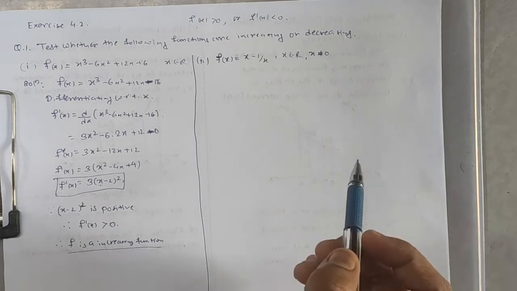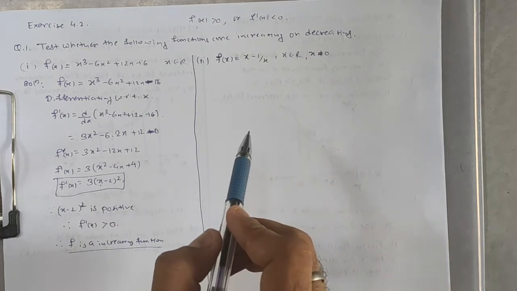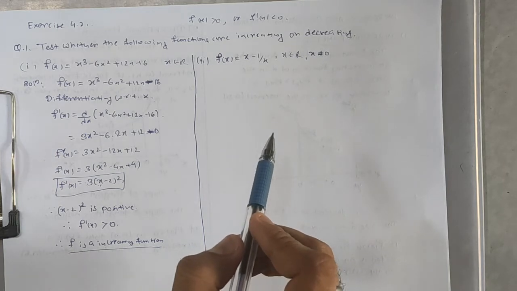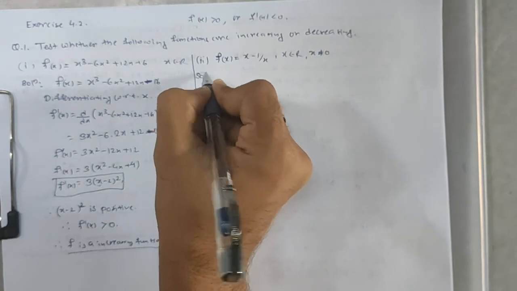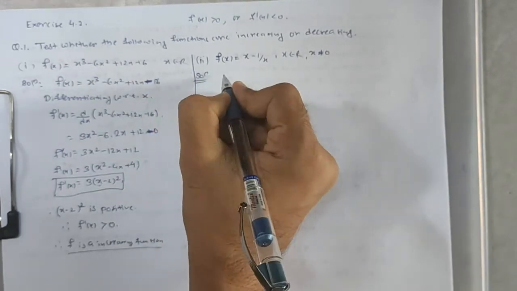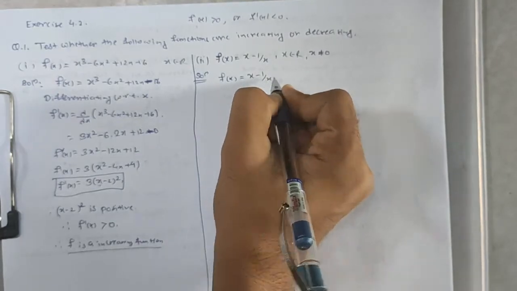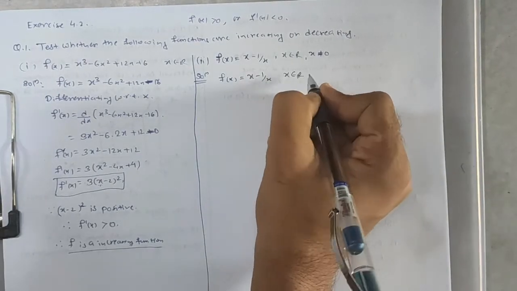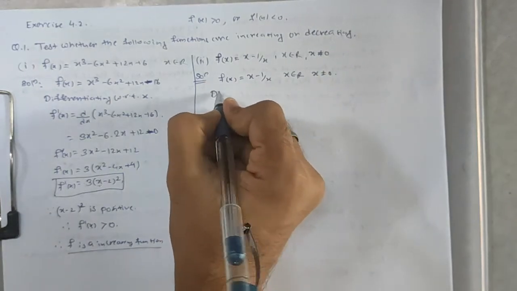First we will find f dash of x, then we have to check whether it is less than 0 or greater than 0. So solution: f of x is equal to x minus 1 by x, where x belongs to real numbers and x not equal to 0. So differentiating